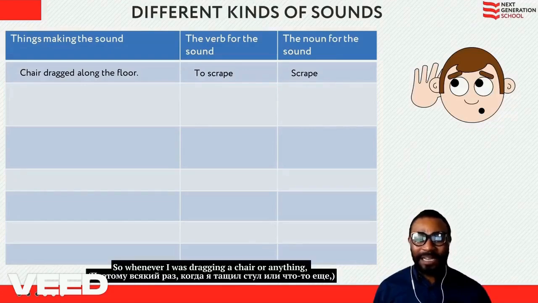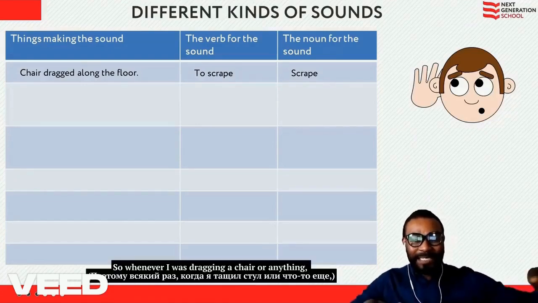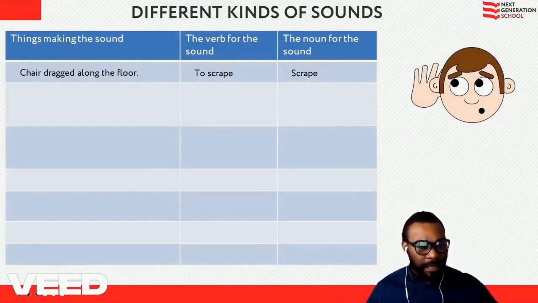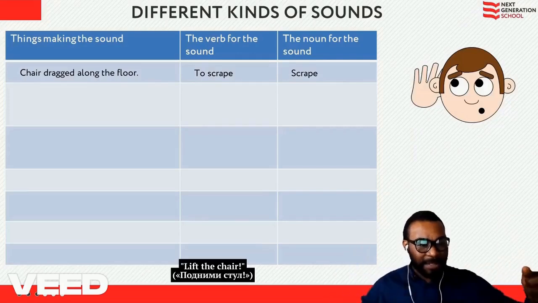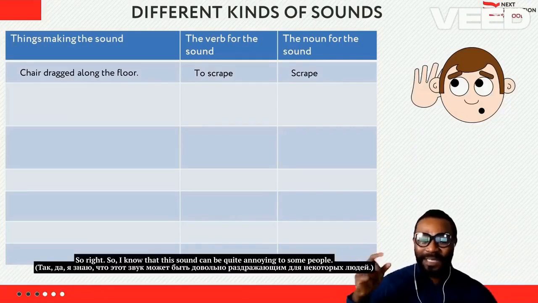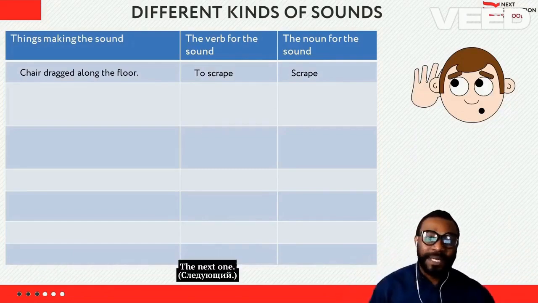I remember when I was little, my mum, she hated that sound. So whenever I was dragging a chair or anything, my mum would say, lift the chair, don't drag it. So I know that this sound can be quite annoying to some people. The next one,